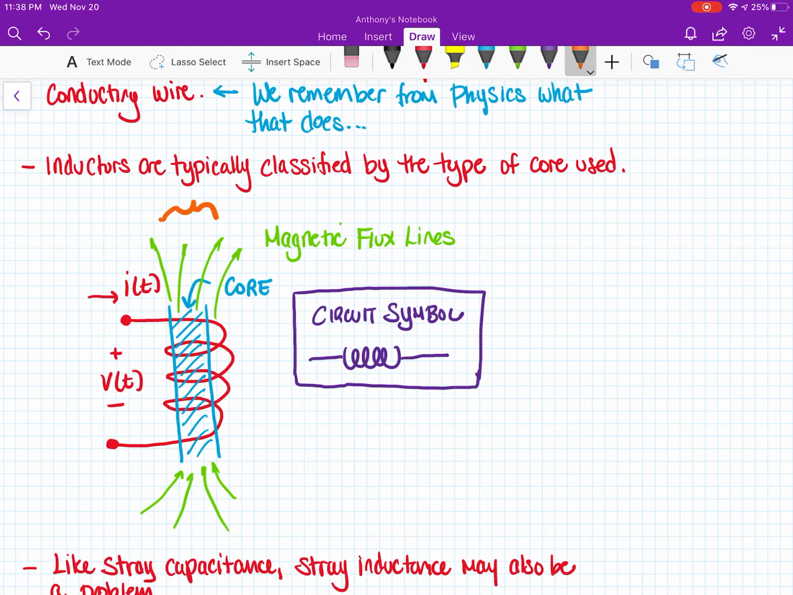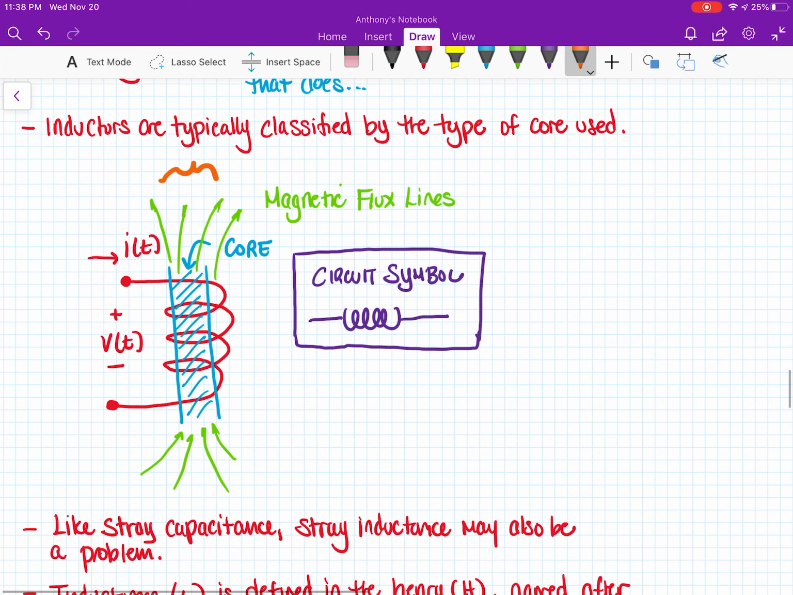So inductors are typically classified by the type of core used. Again, this is something I would refer you back to the book for. I'm not going to spend too much time talking about the different types of cores and what the advantages and disadvantages are. However, I would like for you to understand, this is important here, the basic operation of how